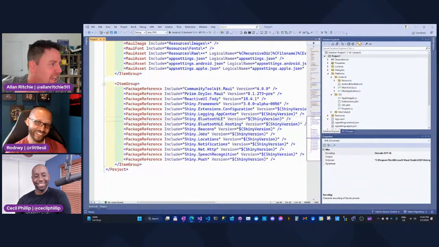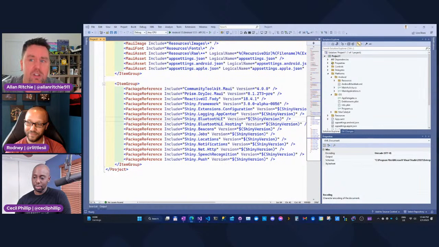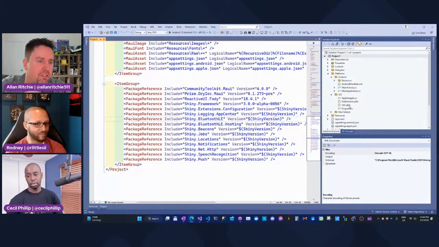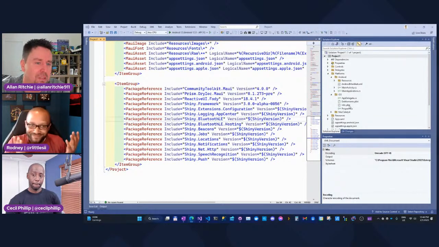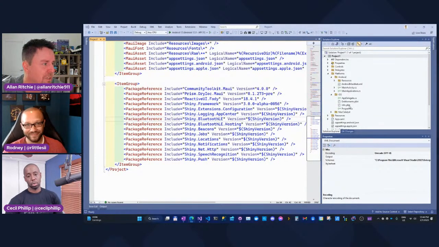I think what's been requested several times is that it sucks having to do this manually. Let's say I want to grab a local notification plugin or any push notification plugin. How do you get these things in there with just installing a NuGet? There is no answer to it right now. There's nothing that goes in and hardwires the Android manifest or the entitlements. It just doesn't exist. Could it? Maybe. I think it's probably something that has to come from the tooling team. It would certainly be helpful if you could just install it and it was all plug and play. But the sad fact is that with iOS and Android, it's probably a long ways off.